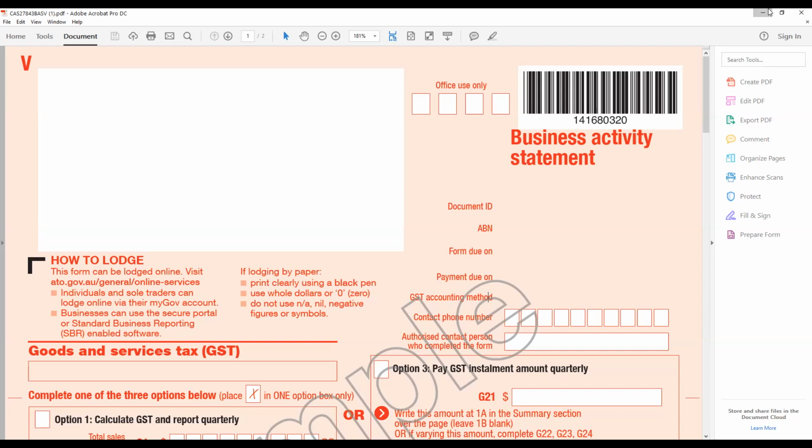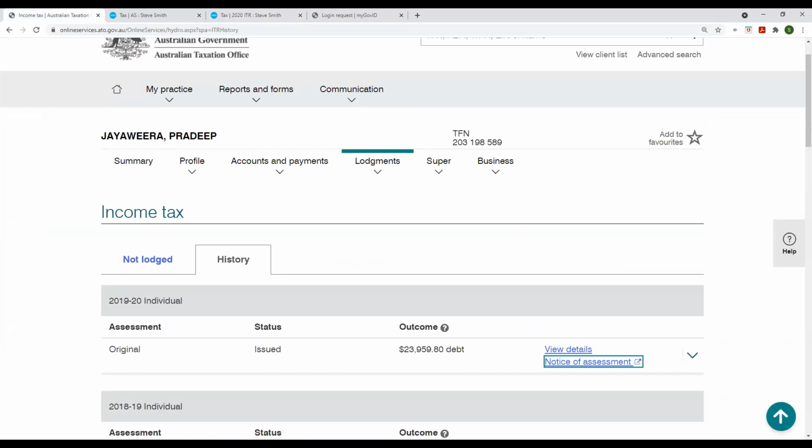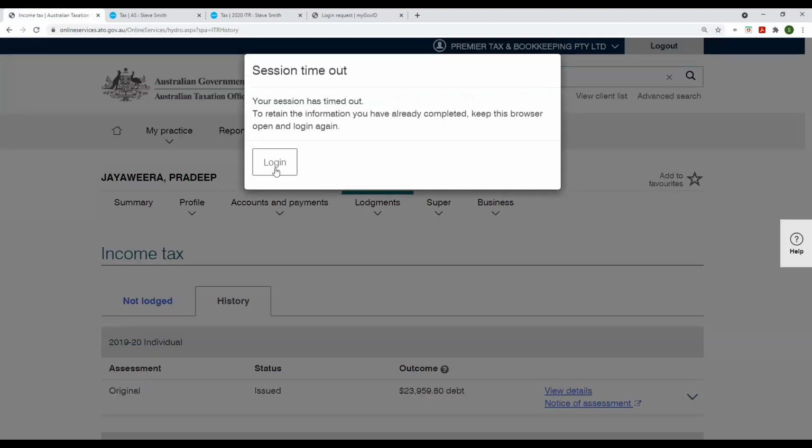Right, so where are we, I think this one. So everybody can see my screen with the PTP portal? Yes, excellent. So I will just log out and log in. Give me 2 seconds, guys, and I will just log into that ATO portal. Then we can